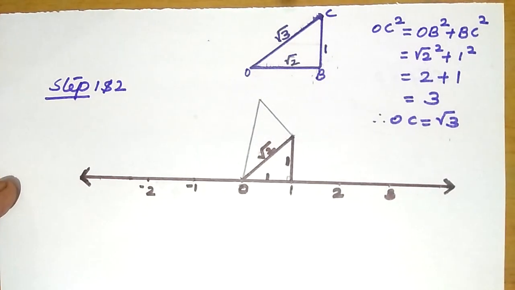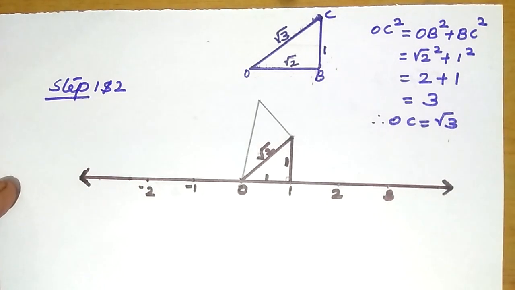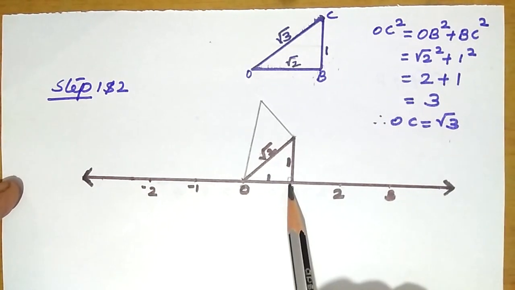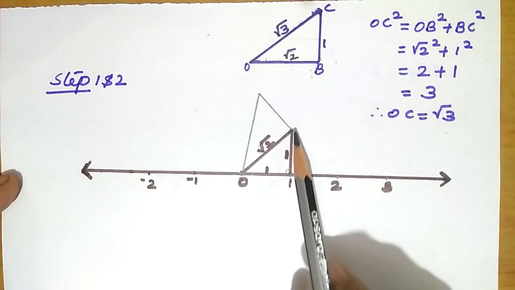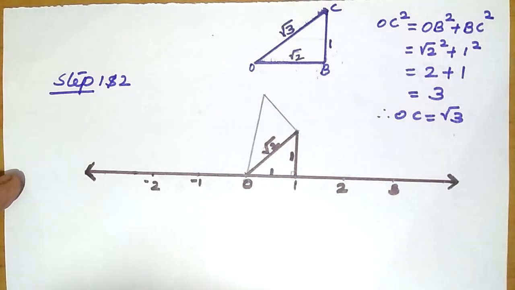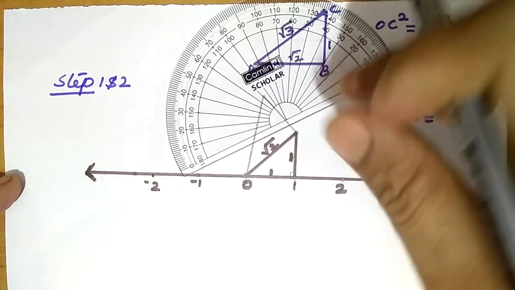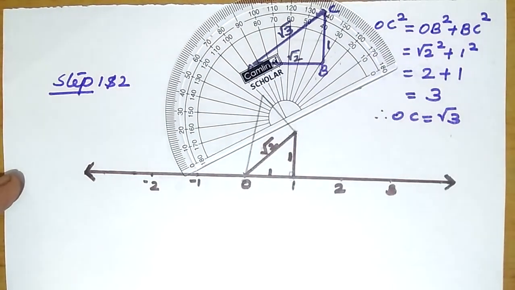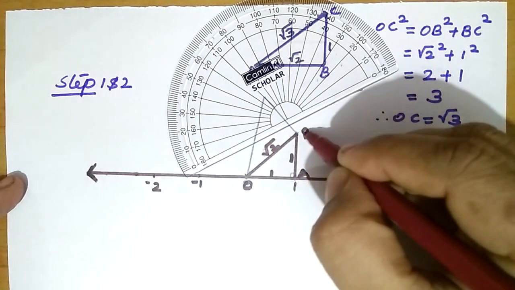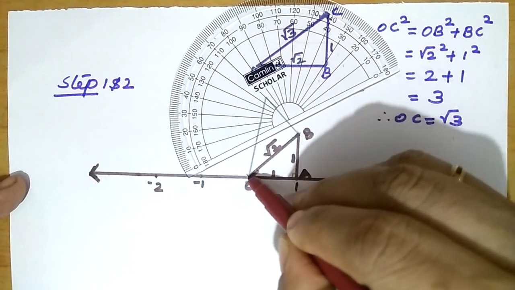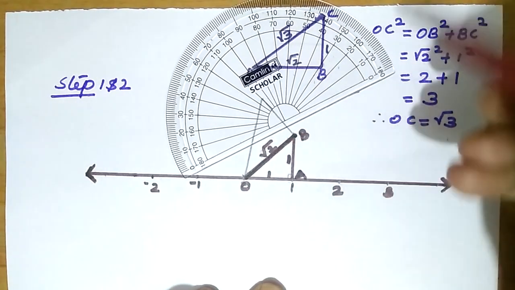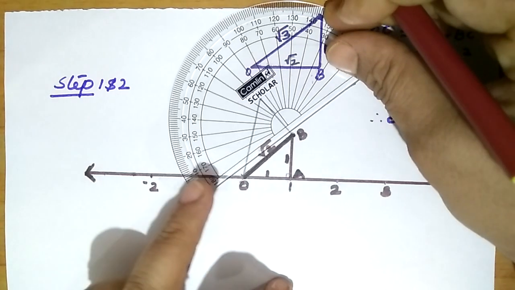So the same diagram, all the steps are the same, till root 2 on the number line. That means we should draw the number line, and 1 centimeter base as well as 1 centimeter height, and join the hypotenuse. After this hypotenuse, here A is the point I have chosen, here B is the point I have chosen. Now your base is OB. Don't make the mistake here. Children usually make the mistake here.